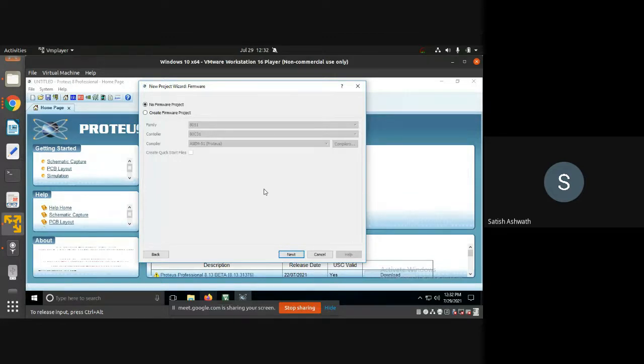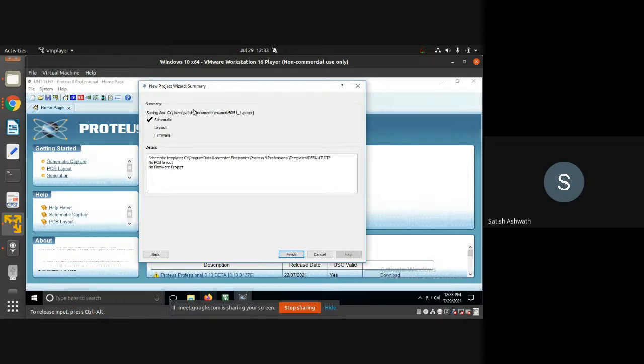Now there are two things you can do from here. One, you can create a no firmware project. A no firmware project is a very generic project. You can create anything, not only 8051. You can use it for any kind of simulation that you want. Simple switch based simulation, need not be a controller at all. Simple hardware like turning on and turning off an LED using a switch, no controller present. So if you want to do a very generic hardware simulation and no controller is involved in it, you can select a no firmware project. So if you create a no firmware project, you click on next, and that's all the questions, and you click on finish.